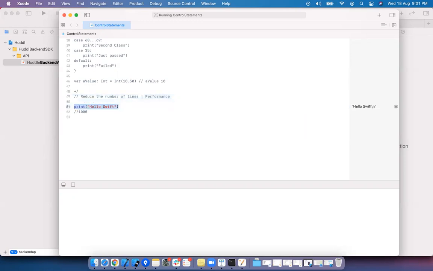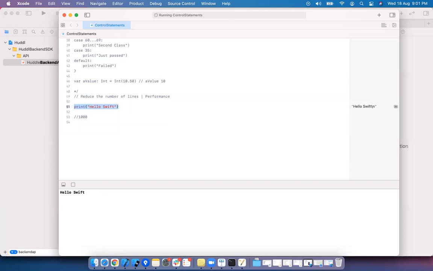Writing 1,000 lines is not dynamic. If a client asks me to print 1,000 hello Swifts, I'll write 1,000 hello Swifts today. Tomorrow a client will come and ask for 10,000. I will not keep writing hello Swift 10,000 times.